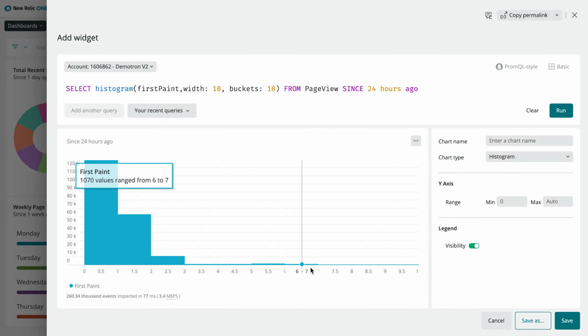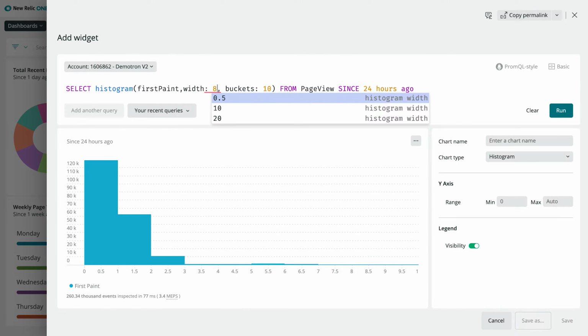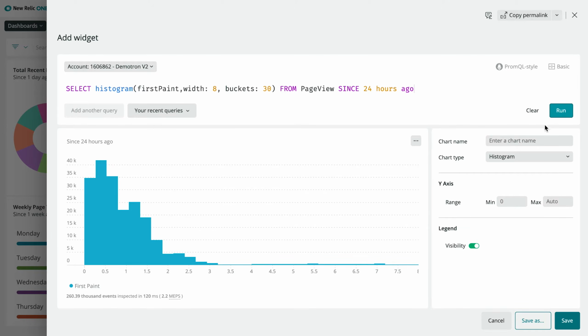Okay, so I can start to see that distribution, and sure enough, a lot of them are around 5-6 seconds, but maybe I don't need 10 as my max, so I might just tweak these values. Let's bring this down to 8, but I would like a little bit more detail. So let's tweak those number of buckets, and we take those up to 30, and I'll run that query. Okay, that's great. Now I can start to see, as I hover over here, the different numbers and frequency of those page loads that are coming in around those time periods.